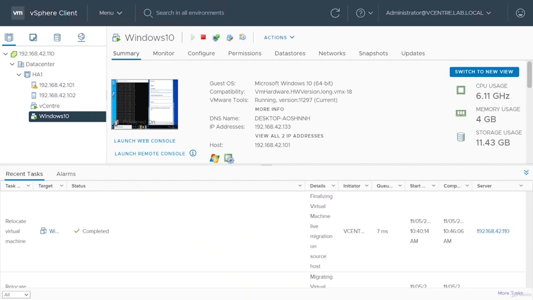The next thing we're going to look at with vMotion is enhanced vMotion compatibility. Now, I mentioned before that the CPUs in both hosts need to be from the same vendor. They need to be basically the same processor fundamentally. And that's because